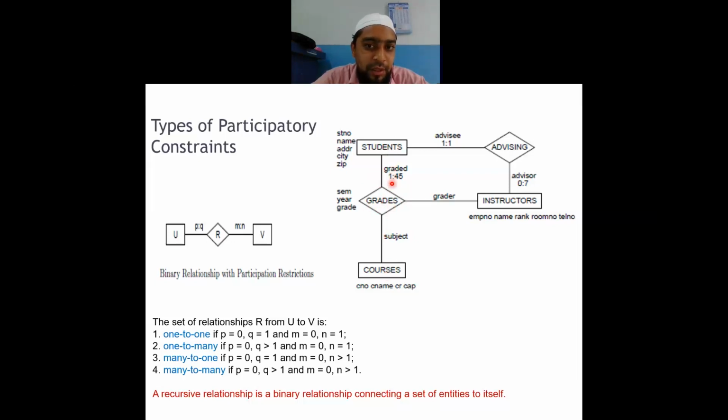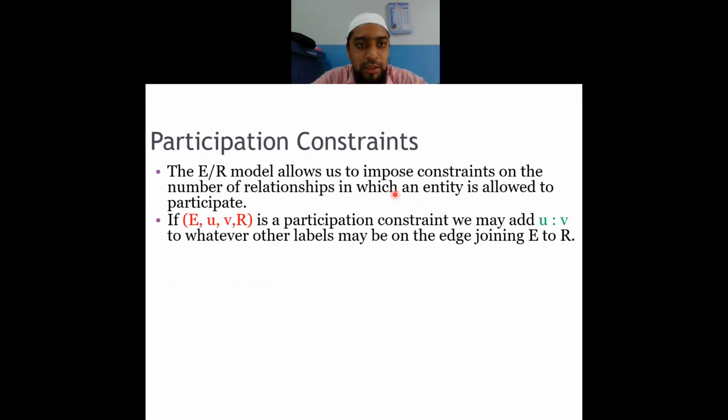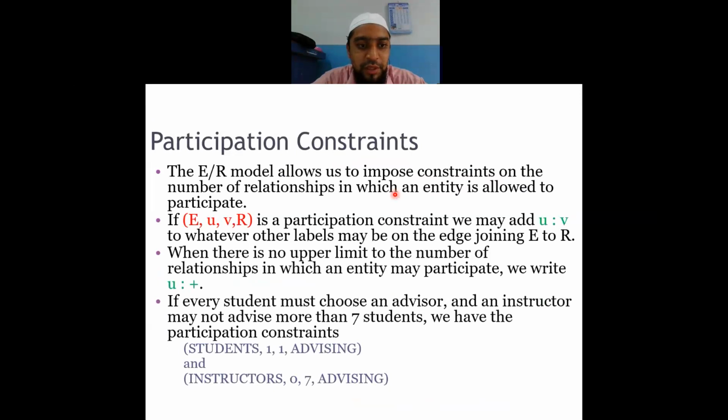There can be one student participating in this grading, and at a maximum, how many students can there be? 45. So if we take our course into account, there can be one student in the class, or a maximum of 60 students in the class. So this ratio, minimum to maximum, will tell us the minimum number of candidates involved in this relationship from this particular entity set, and the maximum number of participants in this relationship set. Is it clear what a relationship set is? Let us get back to the definition of it.